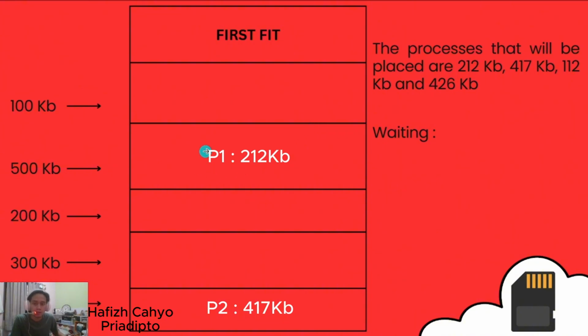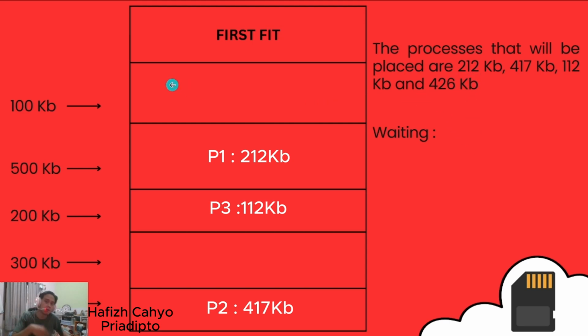So we cannot put it in the second column because it already has a process. So we go next to the third column, which is bigger than the third process, so it will go into the third column. And the last, 426 kilobyte,